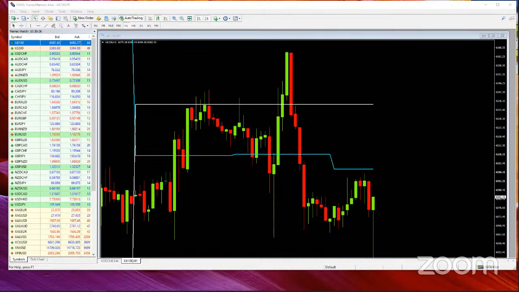Yeah, that one's lost its shine somewhat because really, if we think about what's going on with this price action, it's pretty manic, and also